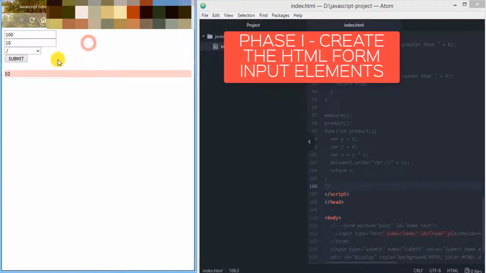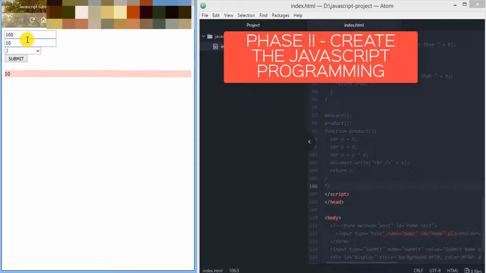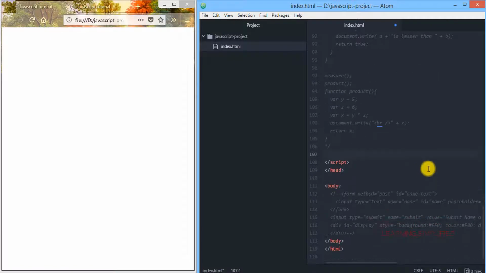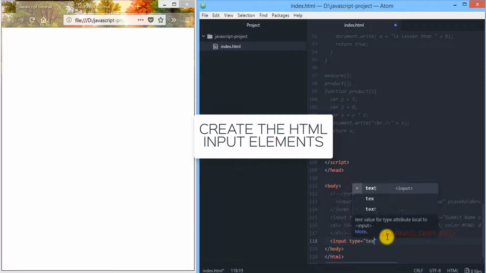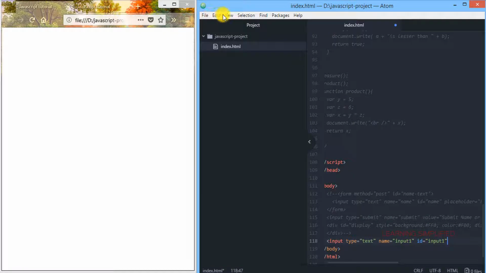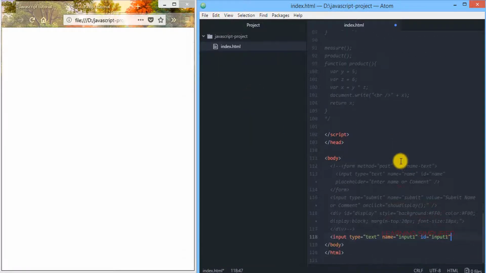In the first case, we need to create all these form elements, and then we need to create the JavaScript programming so that it can perform this task easily. So here we go. We are getting back to our project, and inside this body tag we are now typing. Go to View, toggle soft wrap. There it goes.